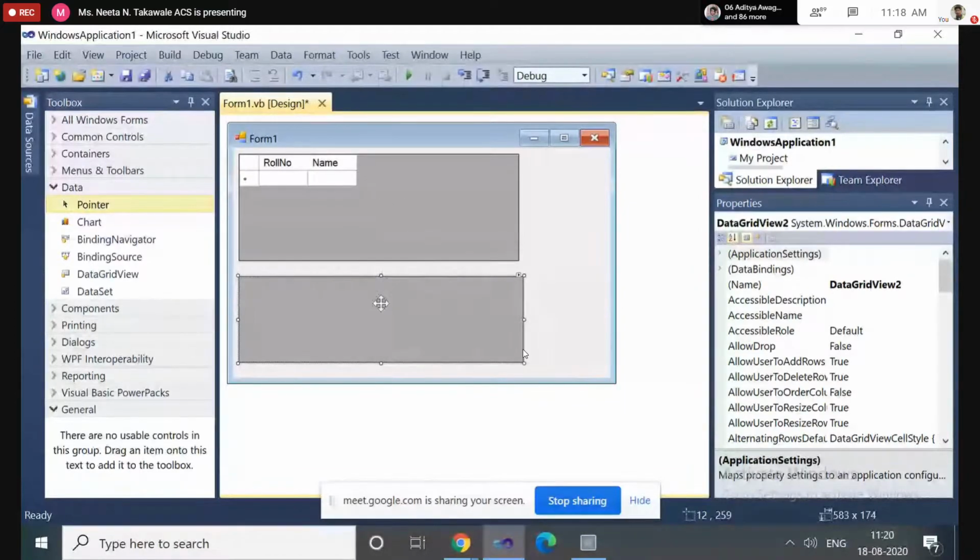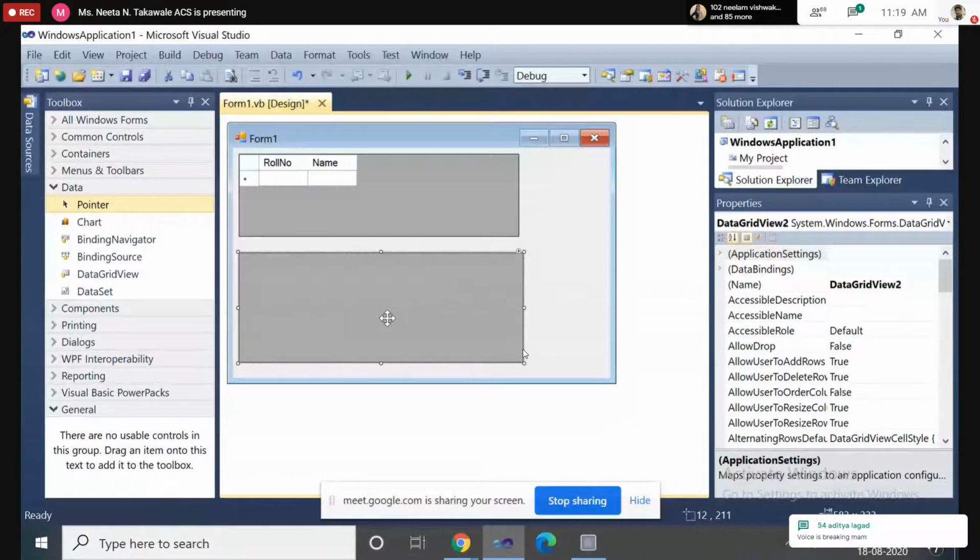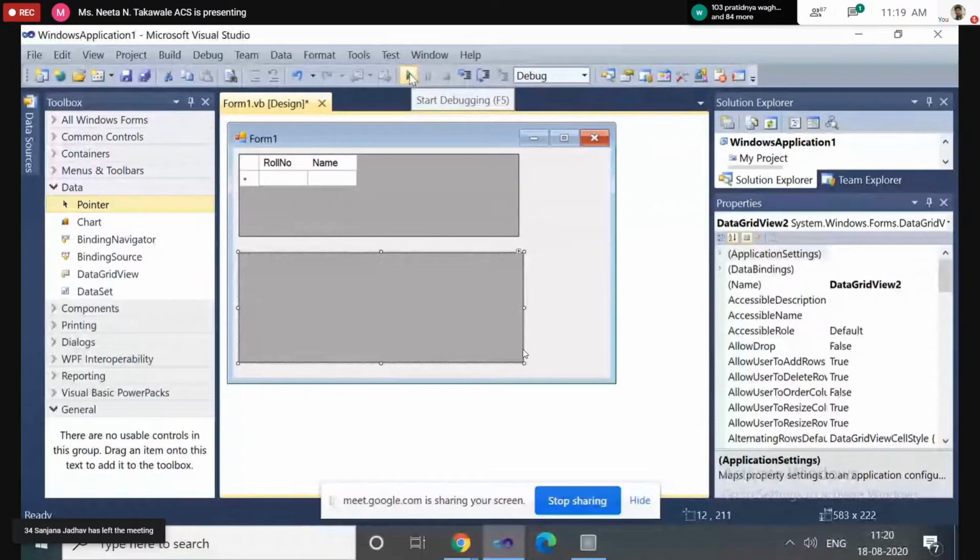Now here there are two data grids. In the first data grid, we have added the number of rows and columns at design time. Now this is the second data grid view. In this data grid view, we can add the columns at runtime or through coding. So for that we'll take a form load event. Form load. Why form load? Because when we execute